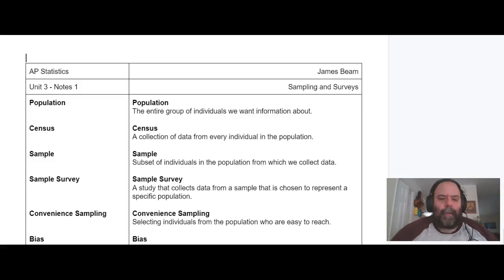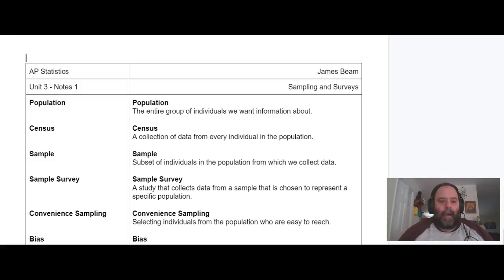All right, this is the beginning of Unit 3 of this course, which is going to be largely about collecting data. I'm going to take these notes straight from the notes, not do any additional sketching or drawing, because it's really just establishing a whole bunch of vocabulary. So having the right vocabulary is going to matter because these are the terms that are used on the AP